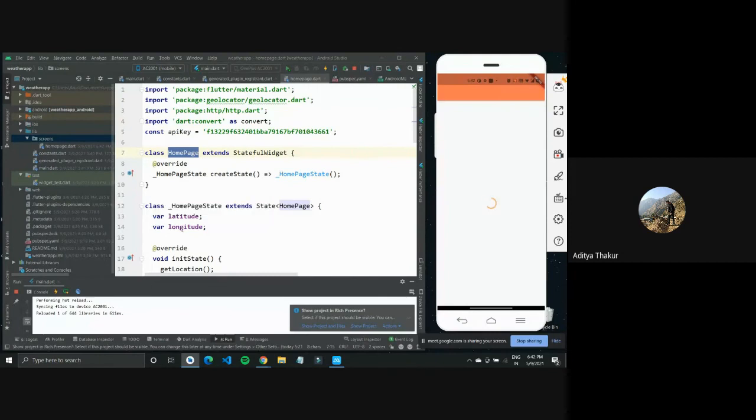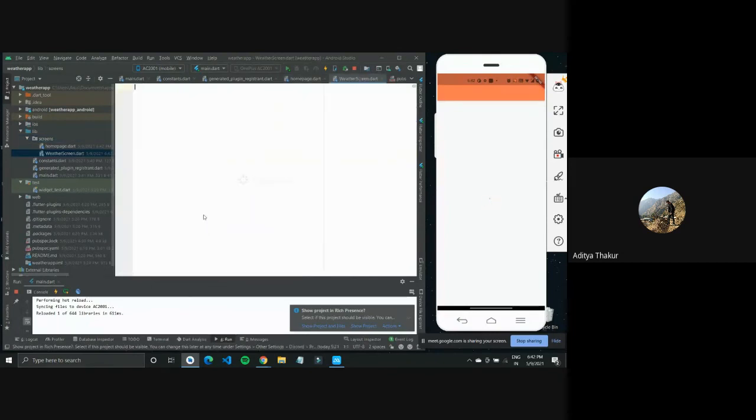So weather screen would be the place where our data would be shown. To write code in any new Dart file, I'll first have to import material and create a stateless widget, call this weather screen.